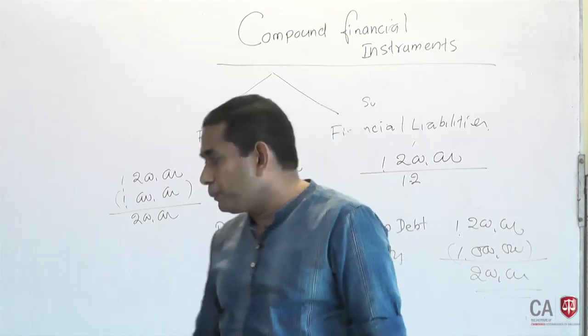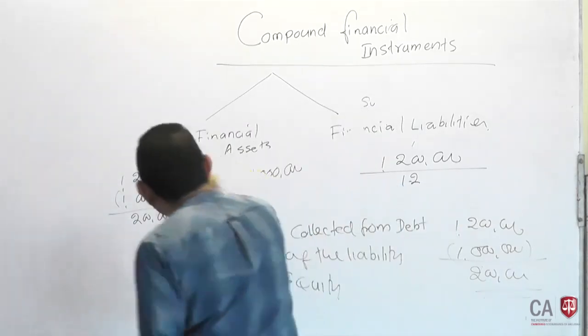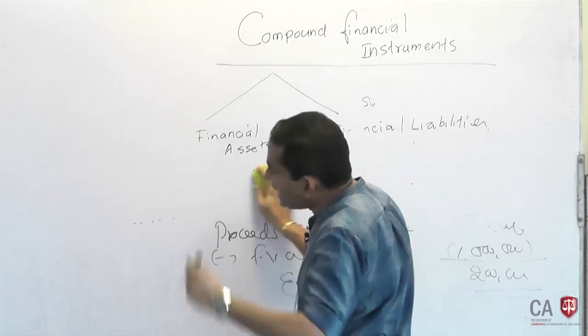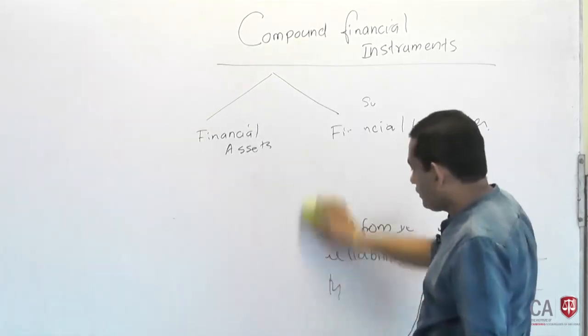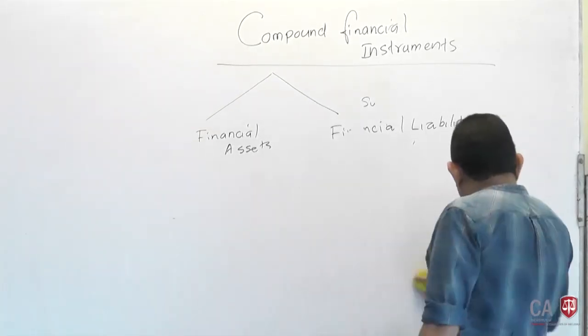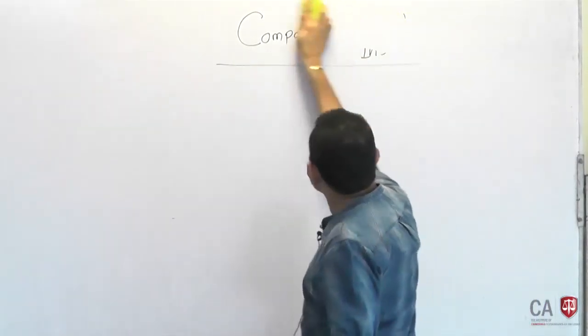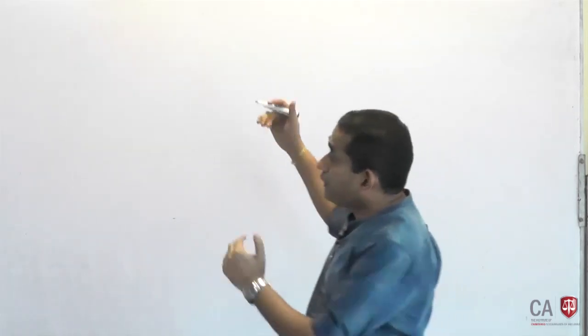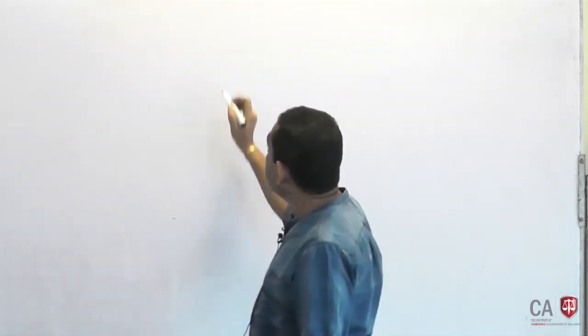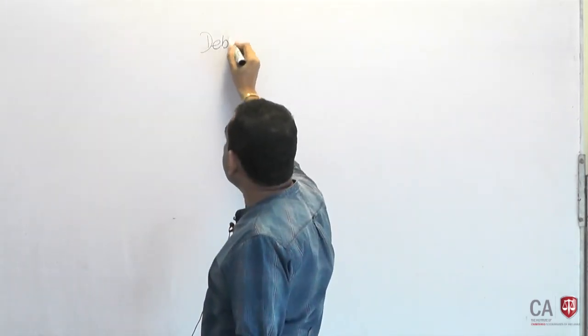So one example for compound instrument is, as we discussed under preference shares, cumulative non-redeemable preference shares. Another example, non-cumulative redeemable preference shares. Another example, cumulative participative preference shares. Another example, the example we just learned, a debt instrument